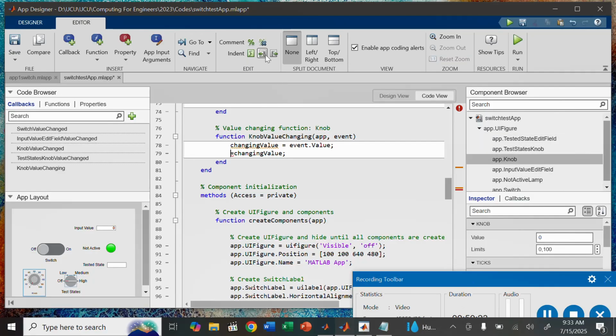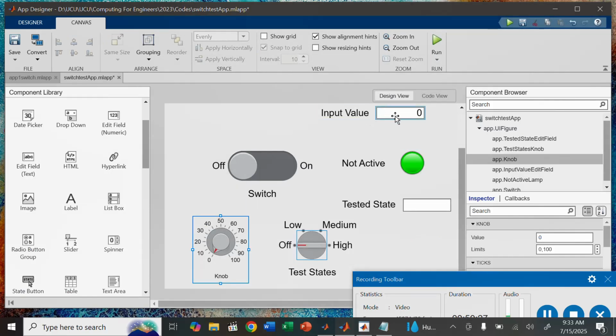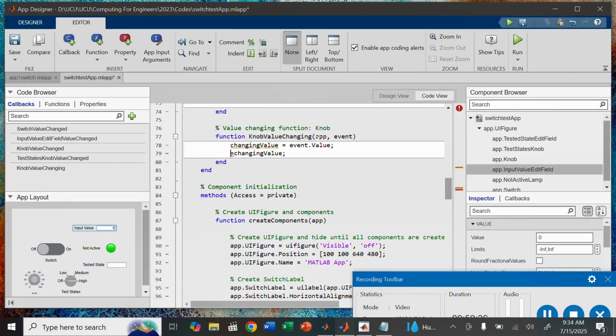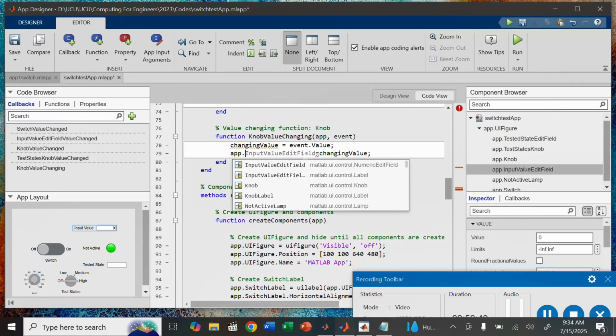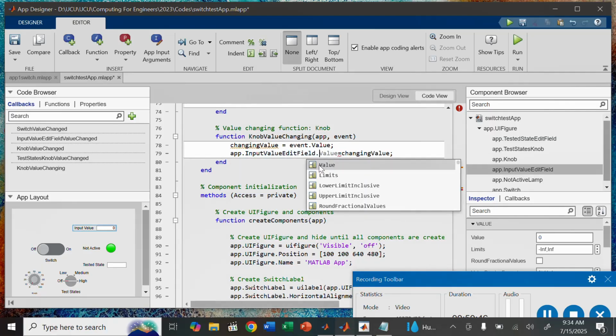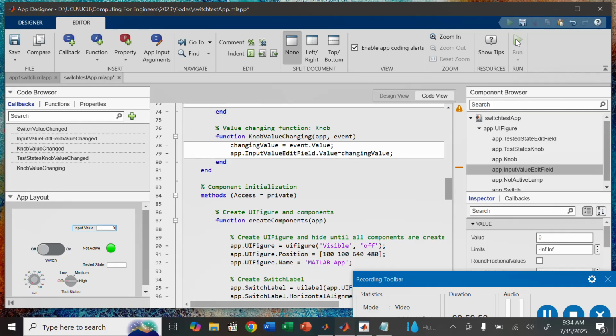Let me take you back here. We want this text field here, which is input value edit field. So I'll come back here and say up dot input value edit field dot value should be given this value. Okay,